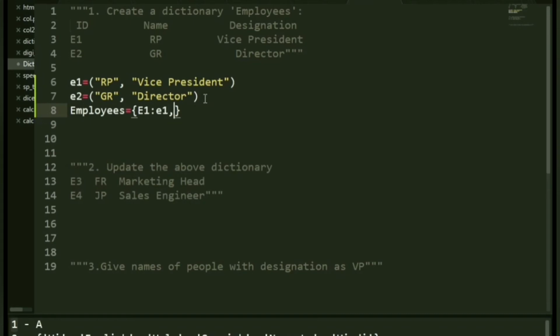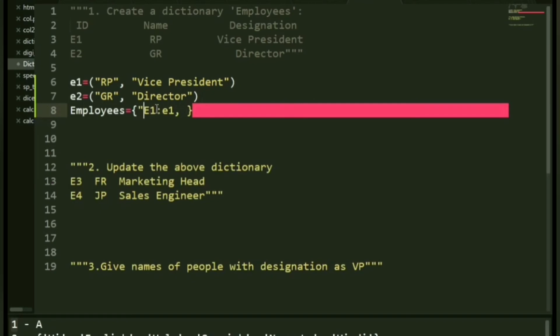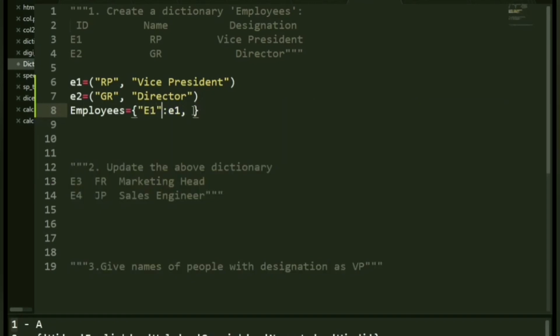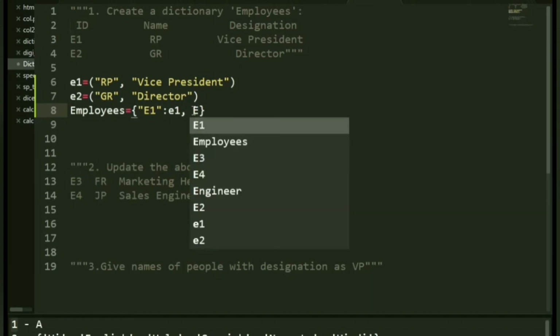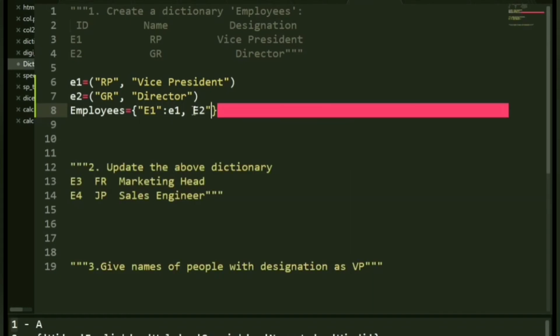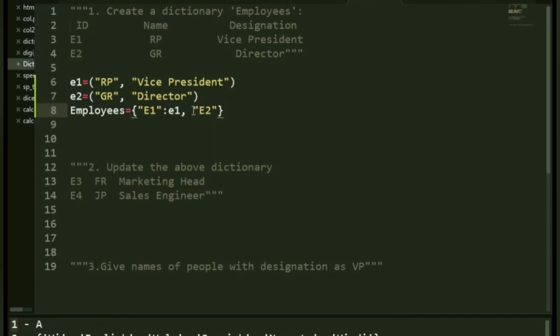You see how simple that is? Just put this inside quotes, and that's it, you're done. E2, all right. And to that I shall assign E2. Let's print this. That's it. Our first question is solved.